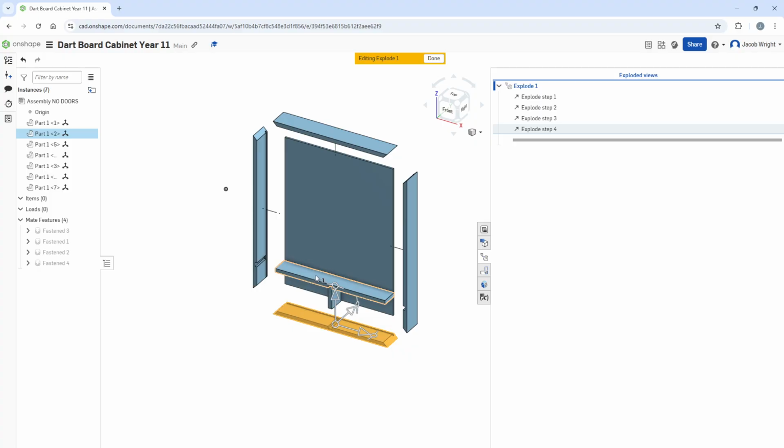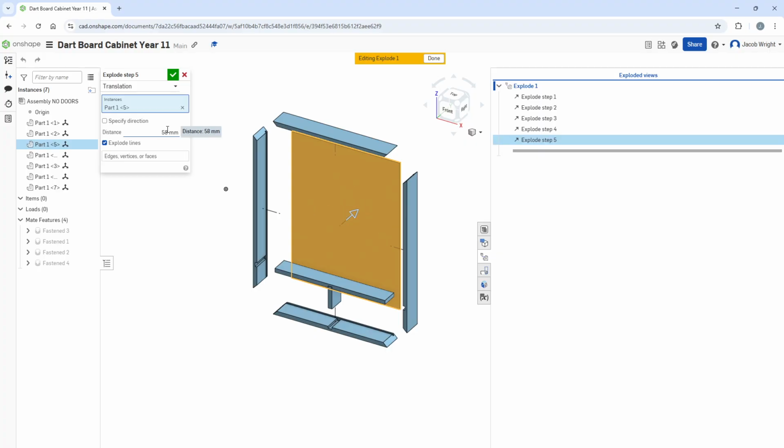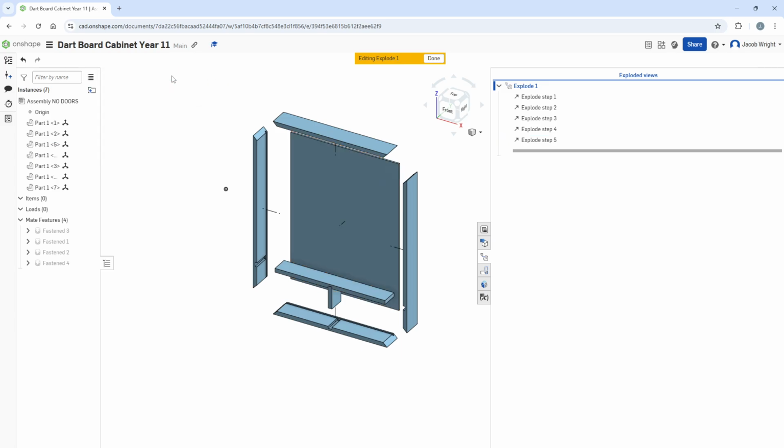The last few things I want to do in this particular instance, I'm going to move my backboard away or backwards from the shelf. So I'm going to click on that and select the axes that will allow me to pull it off the back of the shelf. This one I only want to do a little bit, so I'm only going to go 50 millimeters off this time. Tick. And I'm going to move my shelf